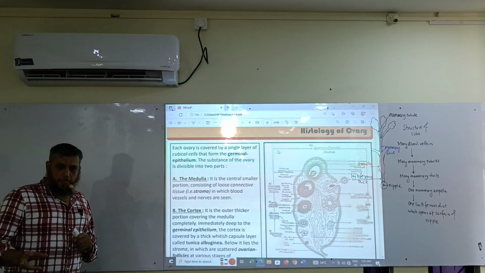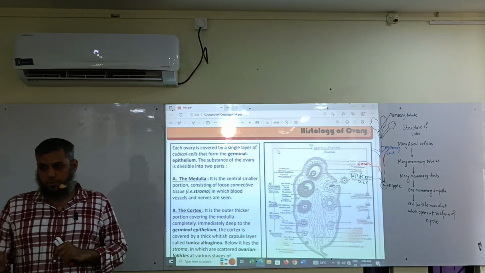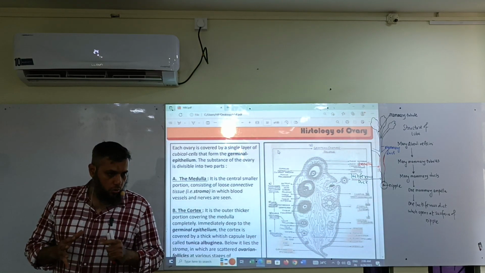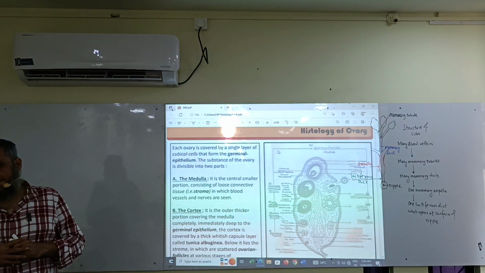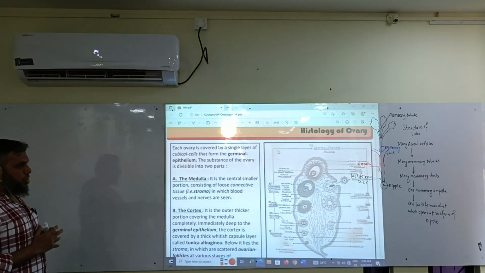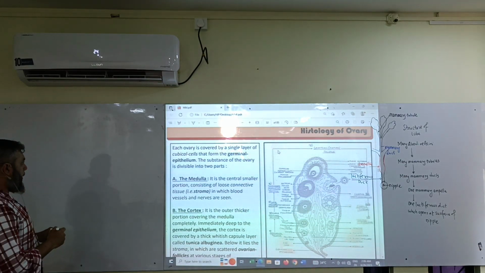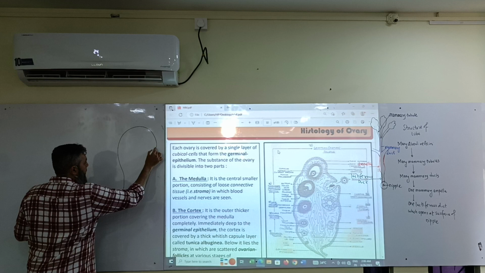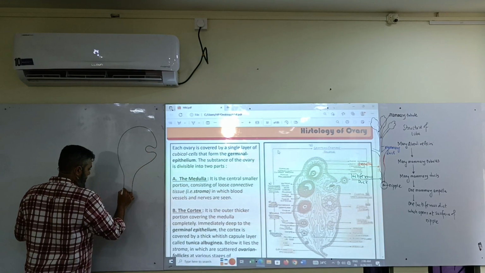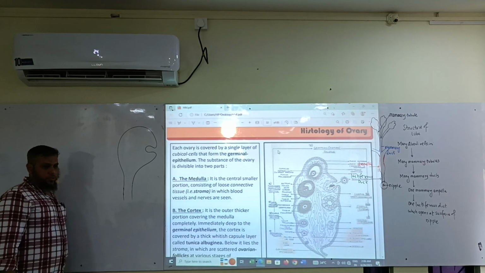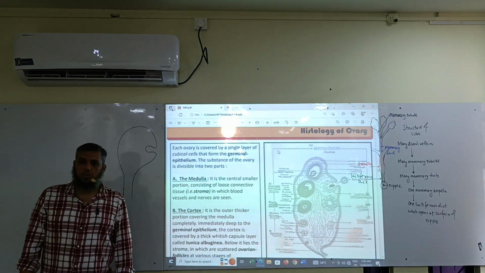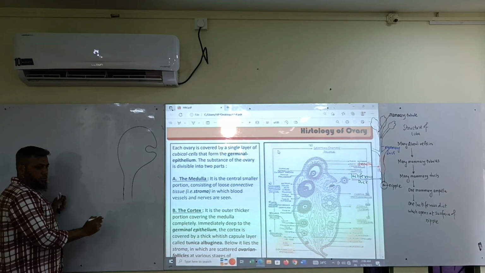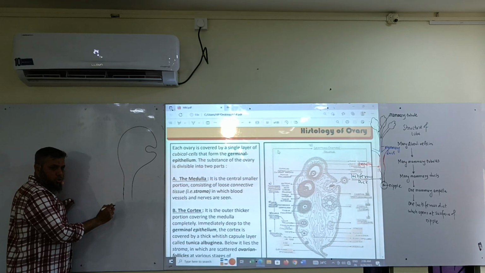Now, yesterday we studied the structure of the ovary, right, kids? Today we want to talk about the internal structure of the ovary. What will we discuss? Internal structure of the ovary. Great. So let me make an imaginary diagram. This is a transverse section of the ovary. Now, the ovary histology shows that